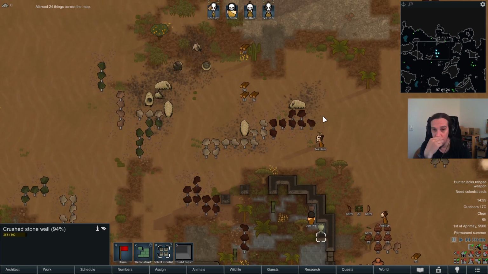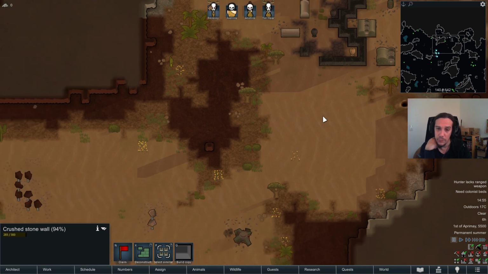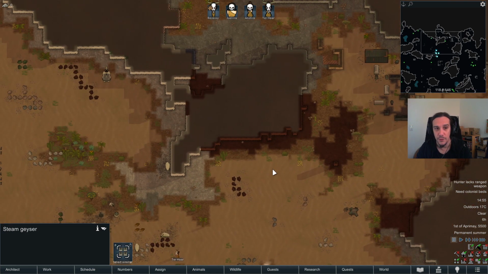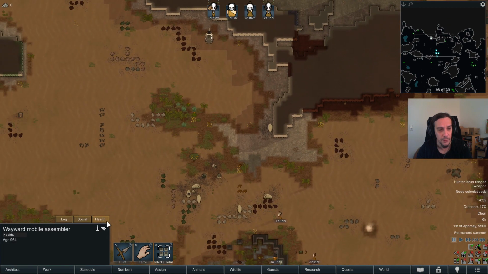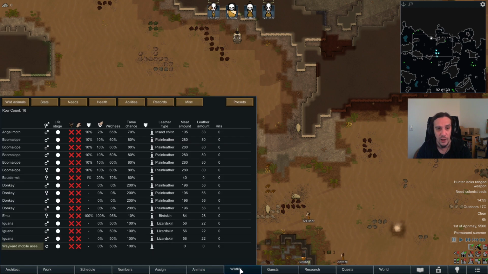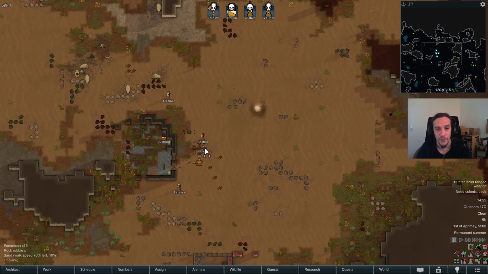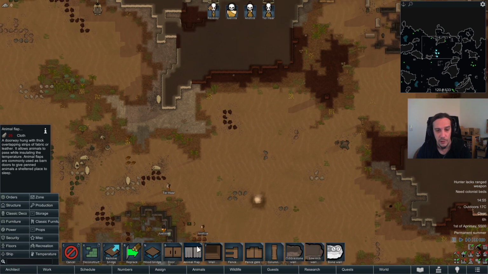So there's a kind of a structure I could use. There's also 2 geothermal vents here in the close vicinity. It's going to prove very useful later. Wayward Mobile Assembler. Oh, that's actually wildlife, isn't it? Jeez. Okay. Alright. So, well, I don't have too much choice. I have to build with wood first, so...